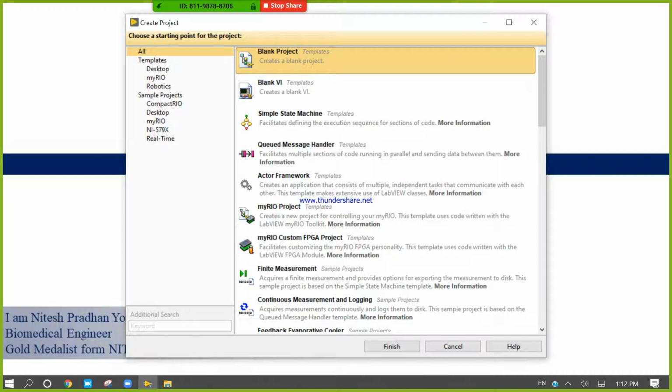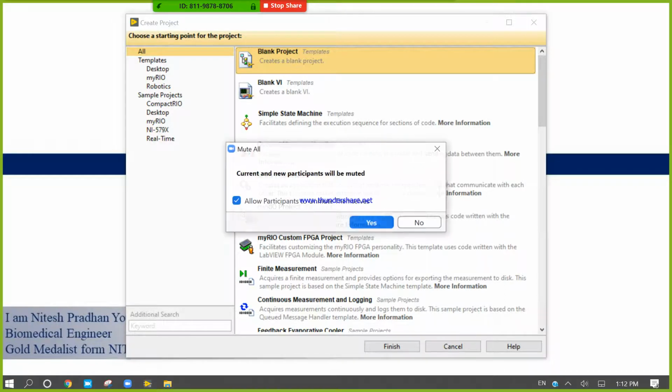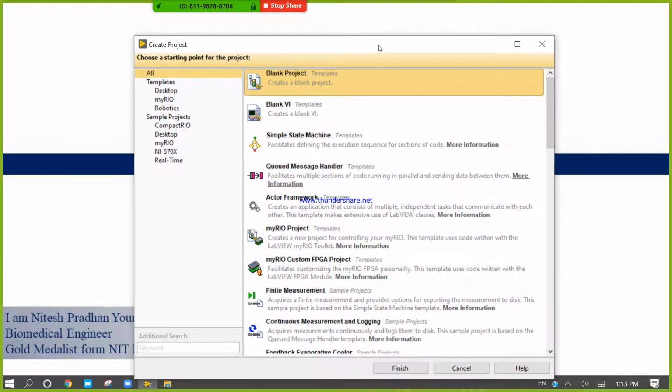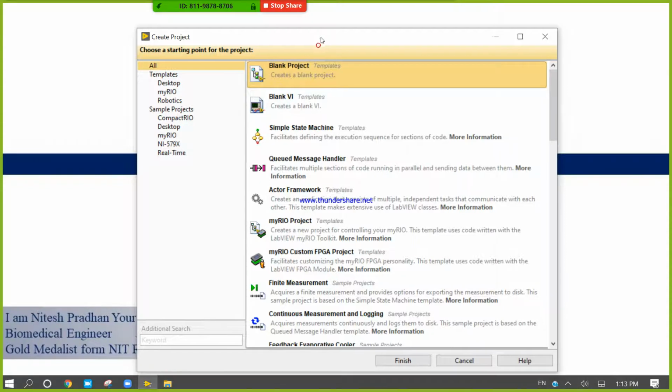Inside this navigation window, you will get many different kinds of templates which are already present. In this navigation window, the first one is Blank Project, then Blank VI. Click on Blank Project and come to Finish.